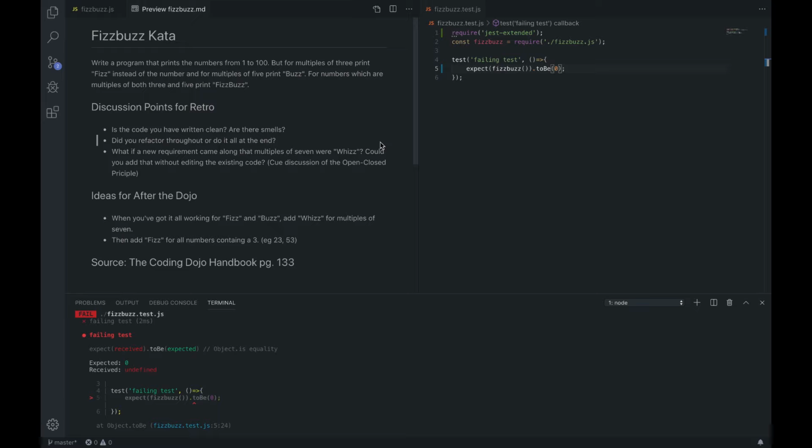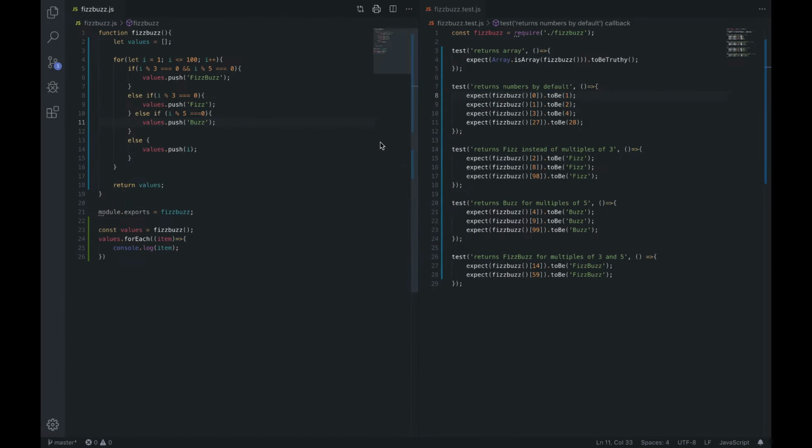This time we're going to be doing the Fizzbuzz Kata again. Last time we came up with a solution, but when we looked back at it, there's some things that we think we could have done better. So, for instance, we have our code here. Here's our solution. It's kind of dense, but the biggest problem is that